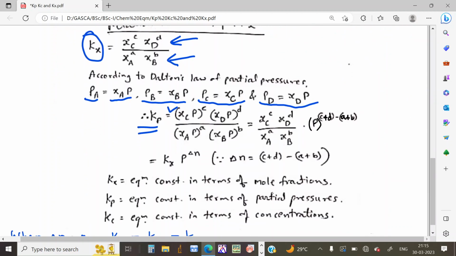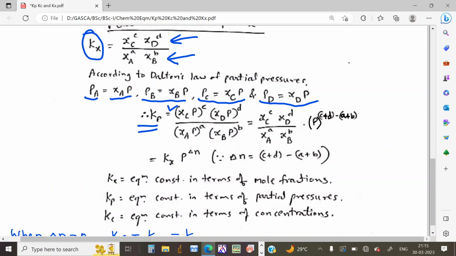So instead of partial pressure, you can write, instead of PA, you can write xaP, xbP, xcP, xdP. Okay. So xcP raised to c into xdP raised to d divided by xaP raised to a and xbP raised to b